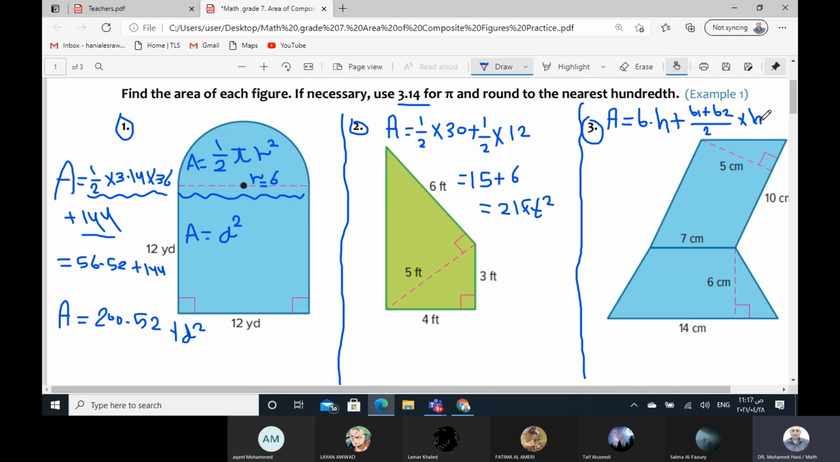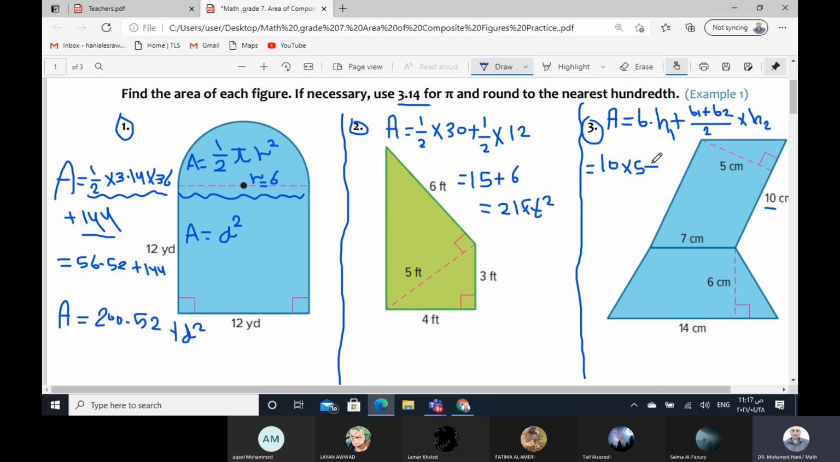This height is different than this height, so I will name it here H1 and here H2. Now, what is the base in the parallelogram? As you see, the base will be 10 times the height. The height will be 5